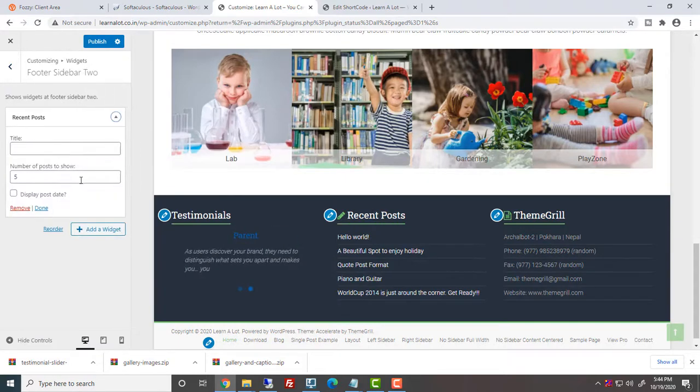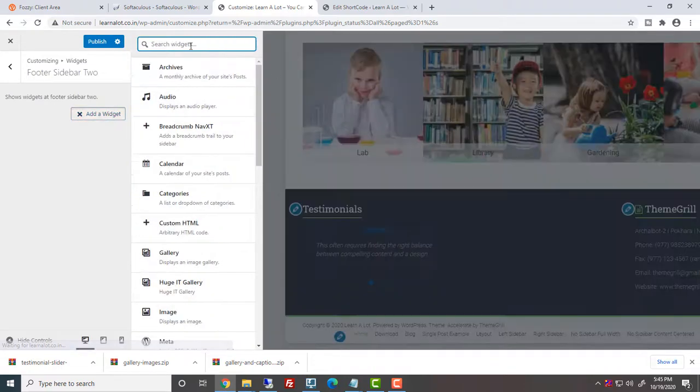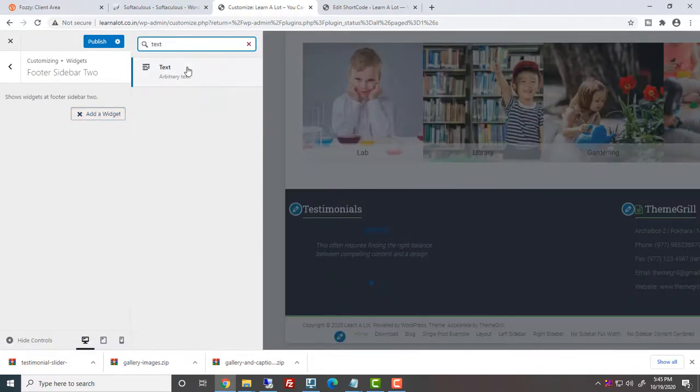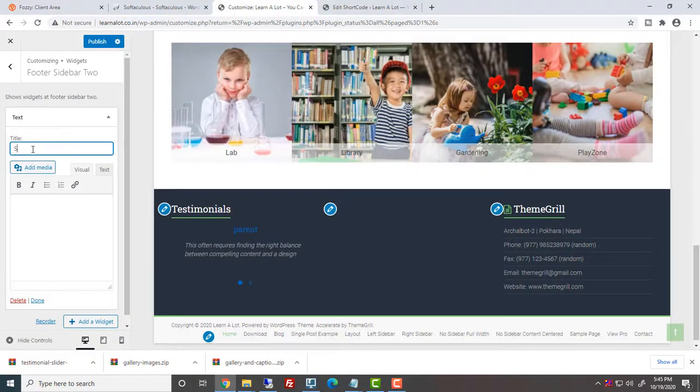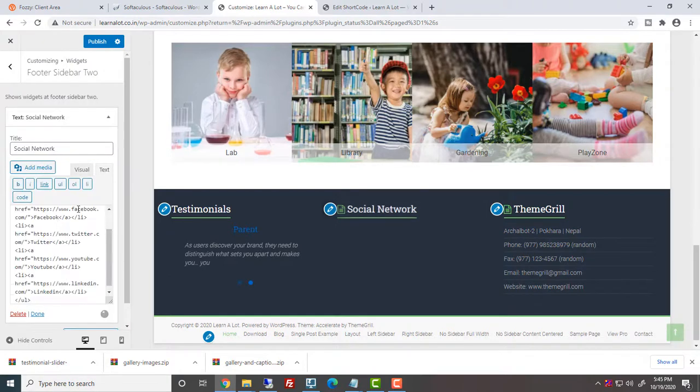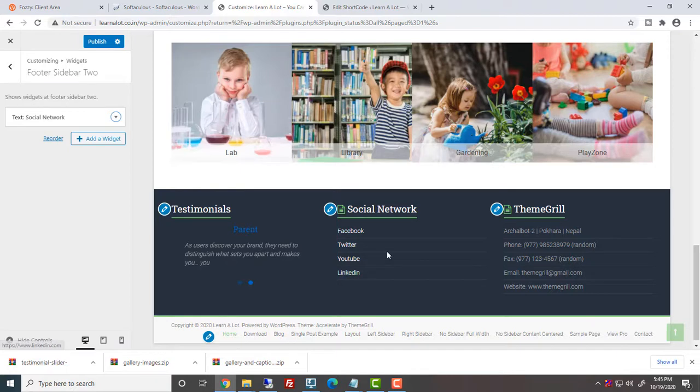Now we'll remove recent post and add text widget and add our social network links in that widget. Next, we will modify it to contact.